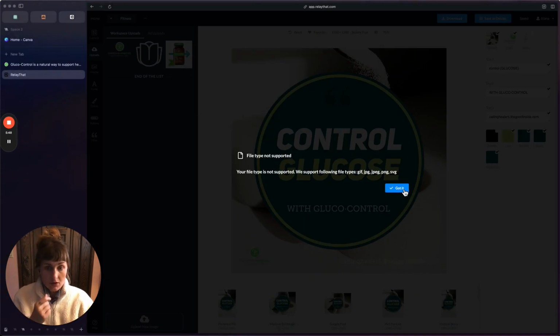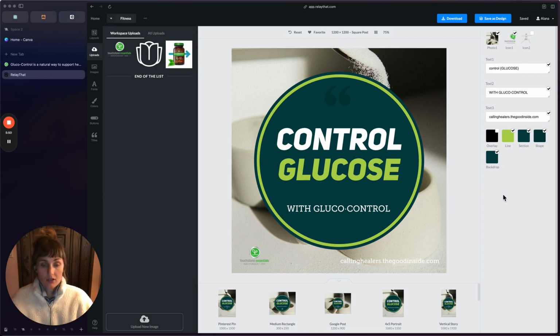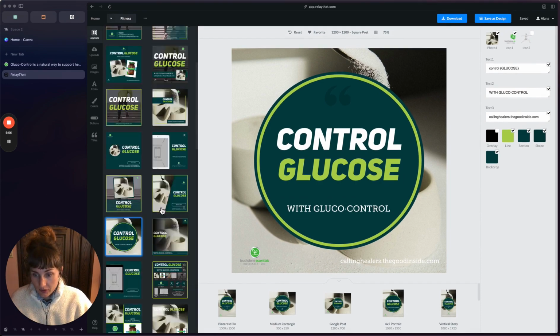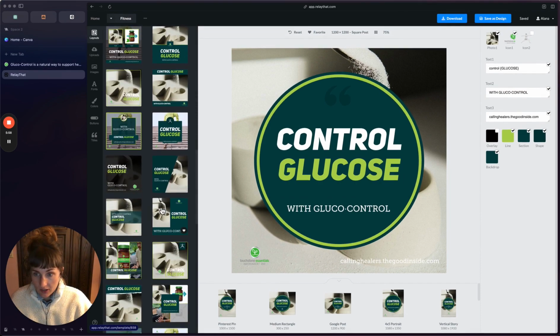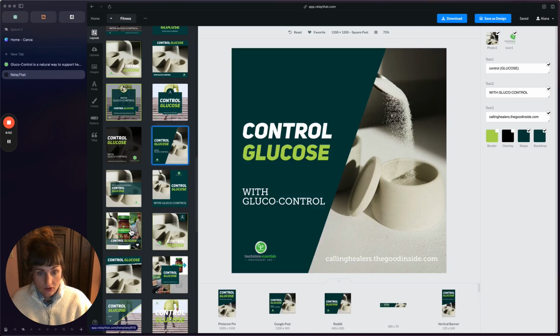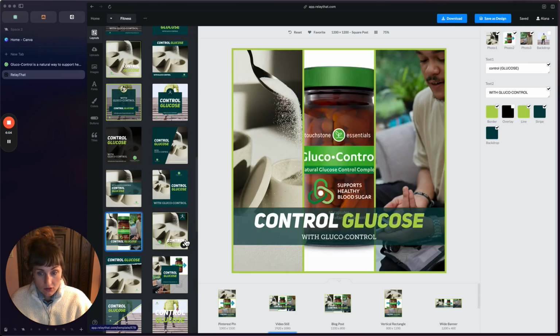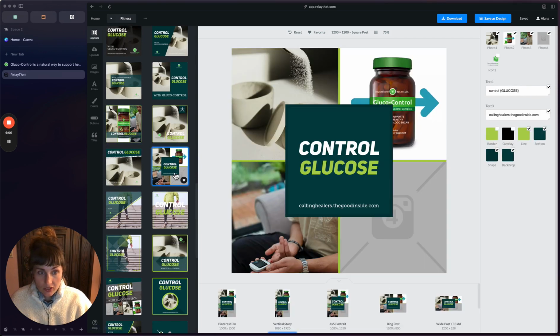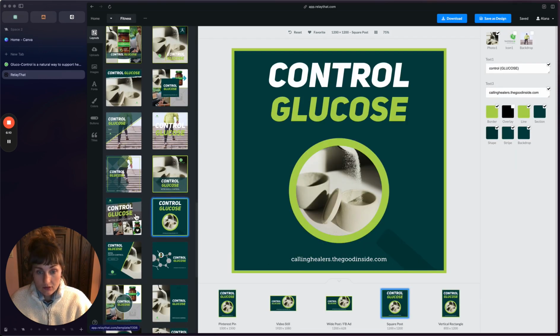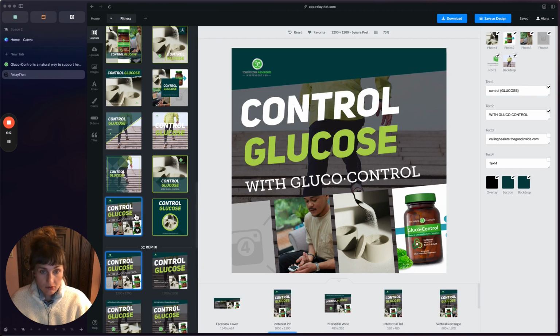Oh, that file type is not supported. Anyways, we can trade these out and experiment with different layouts. They just have hundreds of different automatic layouts, which you can quickly edit, quickly recycle,